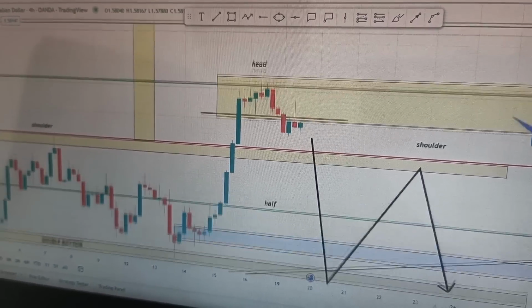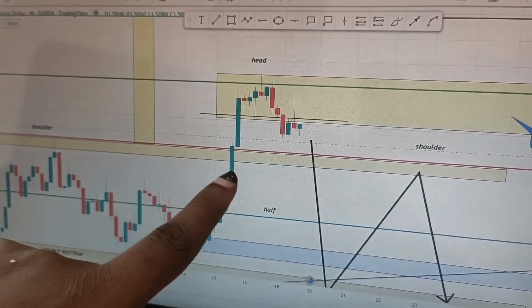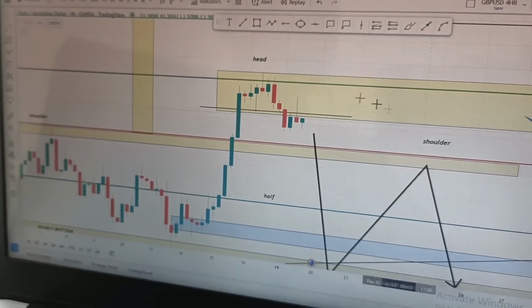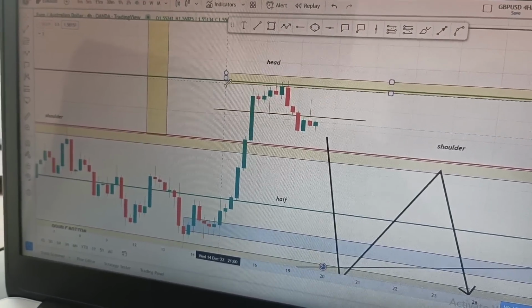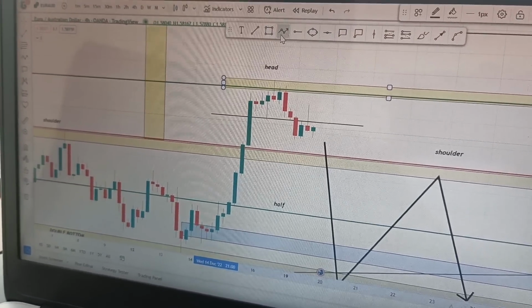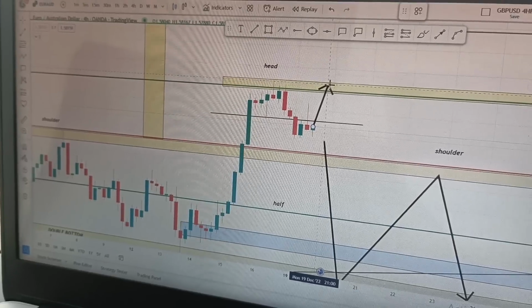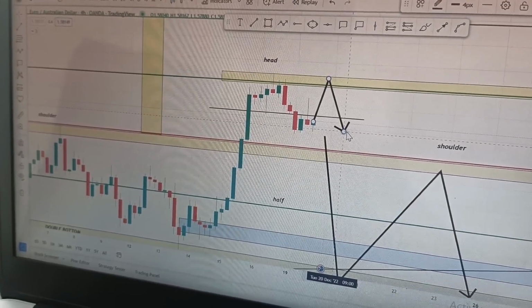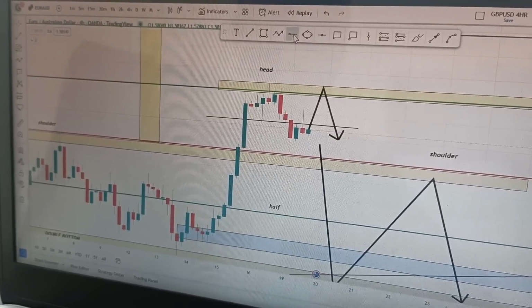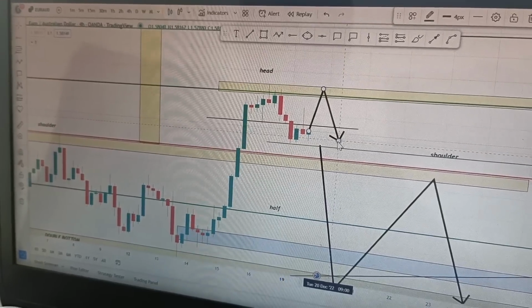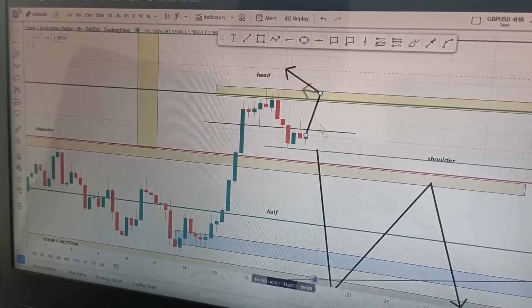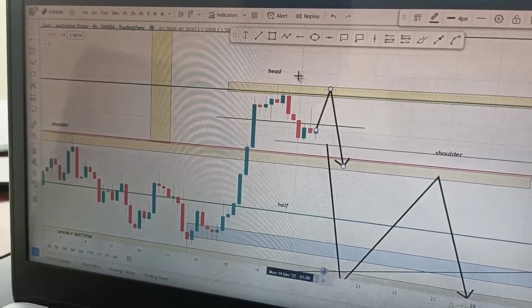Another pattern we can have besides the head and shoulder pattern is a double top. The buyers can come, touch here, and then come down. When they come down, we are waiting for them to break the neckline. So this one will be our neckline. Anytime you want to trade this market, you wait for the market to break the neckline